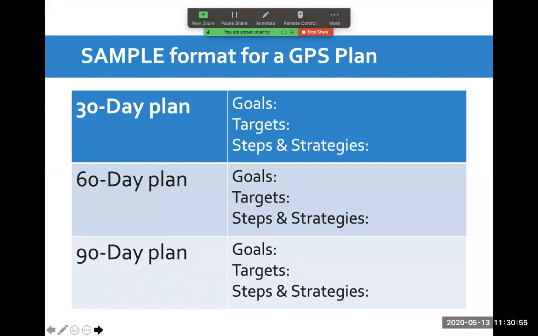I would create just a spreadsheet or a Word document that has columns and rows, and I would have my 30-day plan at the top, my 60-day plan in the middle, and 90-day plan at the bottom, right? Goals, targets, steps, and strategies. I think if you simplify some of the planning in your agency and what you're hoping to do in the next 90 days by breaking it down into these three components, you're going to inspire a lot of confidence on your team who are probably feeling a bit overwhelmed about all of the things that need to be caught up on and taken care of